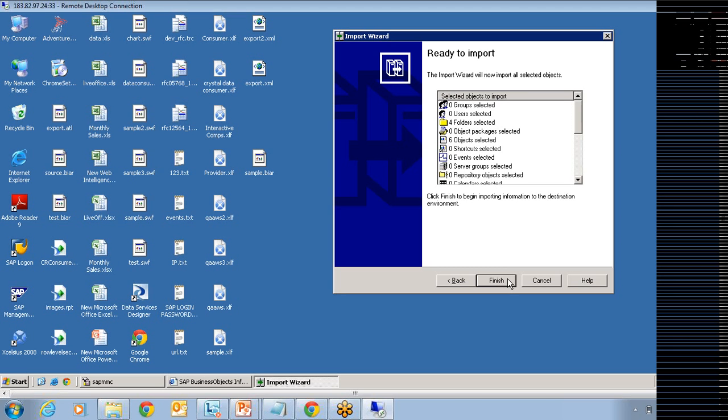So in this manner you can move the content from one server to the other server using the import wizard, and the best practice is to move it to a file, and from that file use it as a source and move the content to your target. Don't directly move from source to target at a time. The reason is you're going to have your backup of what content you have updated at so and so time in your target machine, if you store that content in a BIAR file.